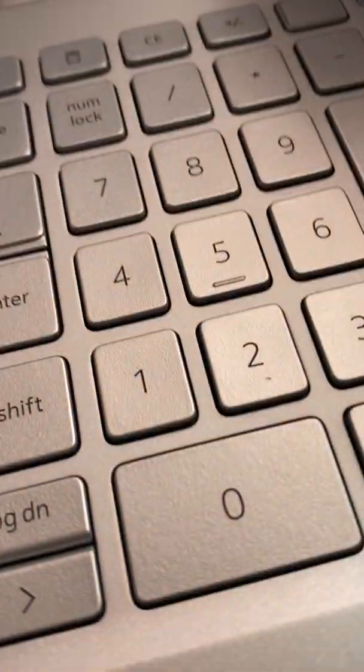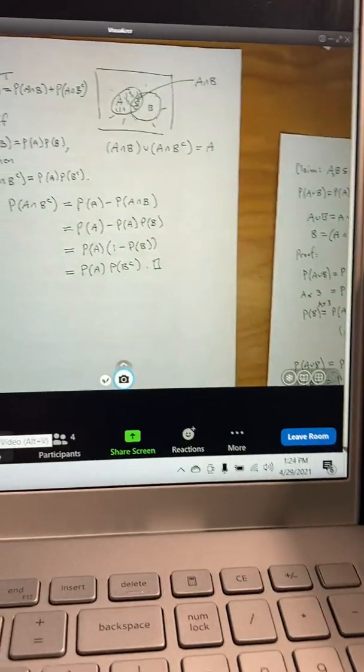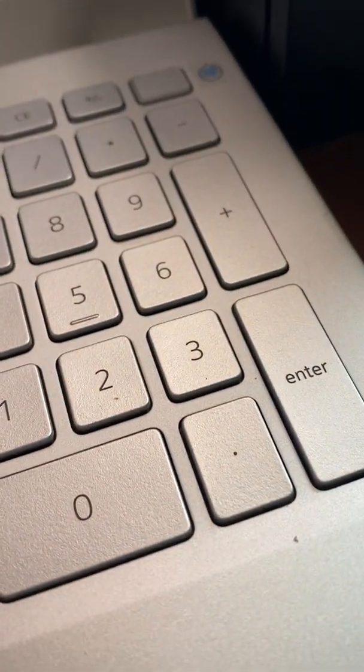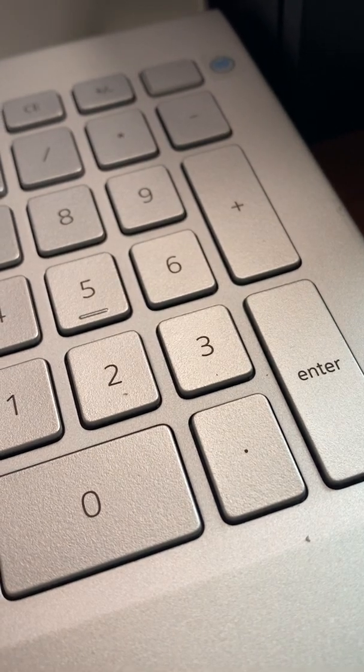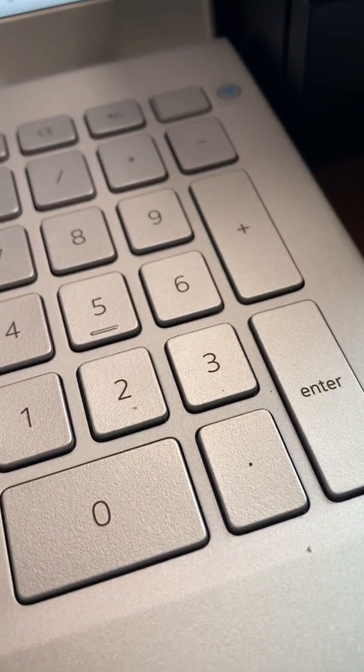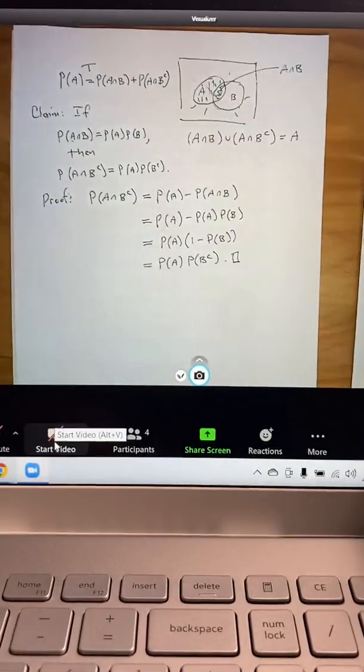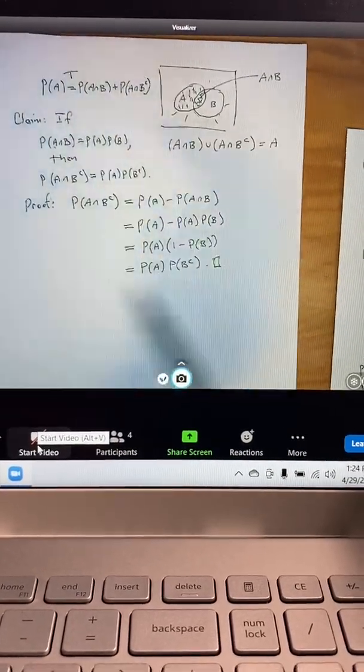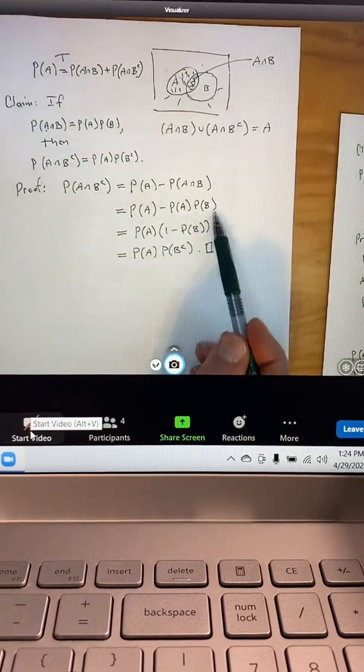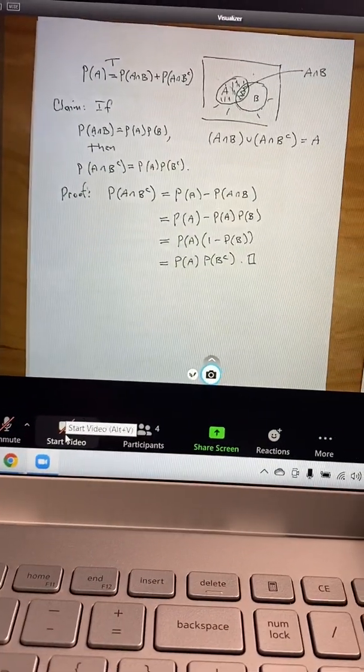Okay. So you're saying up there on the first line of your proof, the probability of A intersect B. So you're saying A and B are independent? Yeah, that's the claim. That's our claim, that if we start with independence of A and B, we get independence of A and B complement. Okay. So this is assumed, so that I can go from here to here. Because